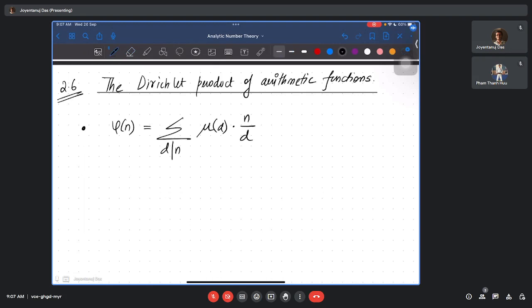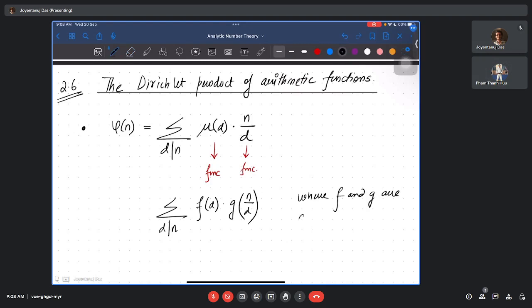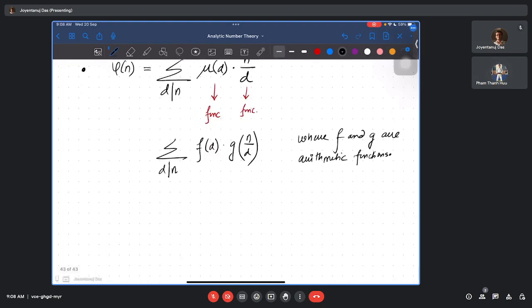But here we can consider this is a function, and this is also a function, right? So in general, we can have this type of thing: d divides n, where this is some function of d, and this is some function of n by d, where f and g are arithmetic functions, which we defined. So the general definition is,